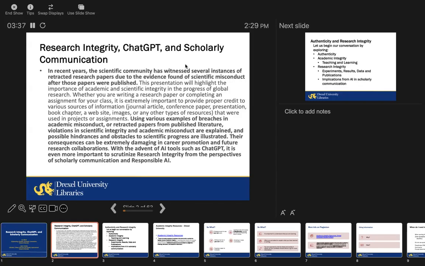Yes. And this is a brief abstract, which I'm not going to read through. You can read it on your own. But there are a couple of things I also want to introduce, and that is the concept of research integrity and scientific misconduct. In recent years, a lot of researchers, even after graduating from universities and getting their PhDs, were involved in fabricating data and publishing it, and they were all caught. That could really create a lot of problems, not just for the students themselves, but also for the universities. And we don't want that to happen.